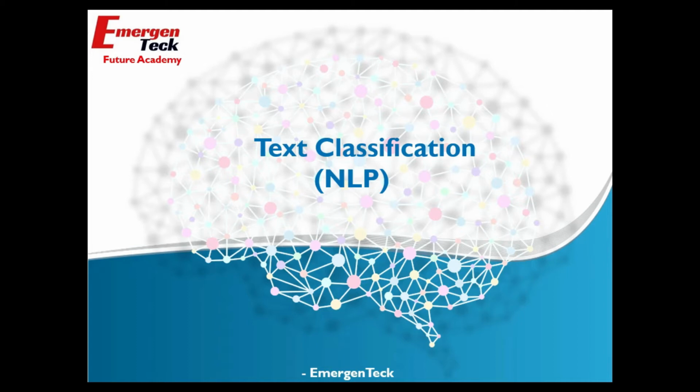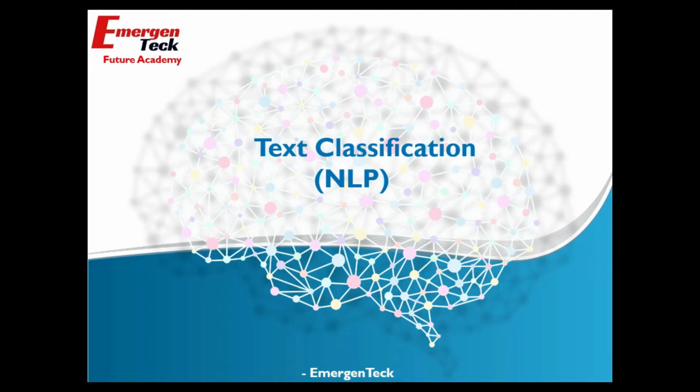So today we are going to see text classification using the Google Cloud NLP platform. Before moving to Google Cloud, let me tell you what text classification is. Text classification is the process of categorizing text into different tags. By using NLP, we are directly classifying the text into different categories. Google provides us more than 700 categories for this text classification.